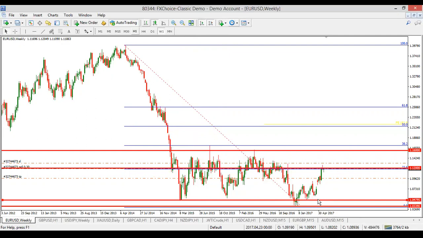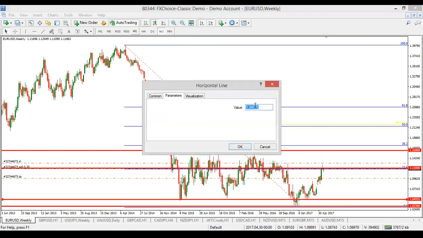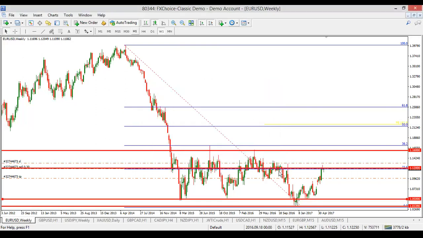1.0500. 1.05. Sorry, repeat. I'm looking at round numbers for my support and resistance. So I've taken 1.050. Okay. I've taken 1.16. So within this range, between here,